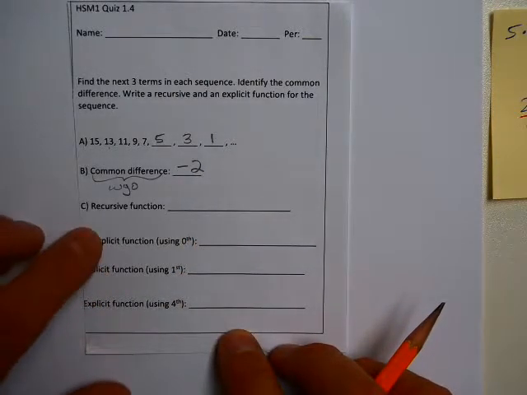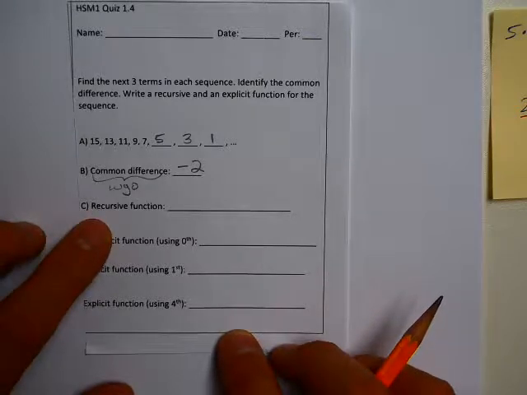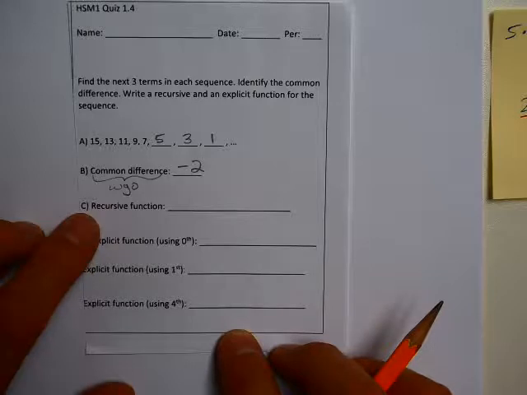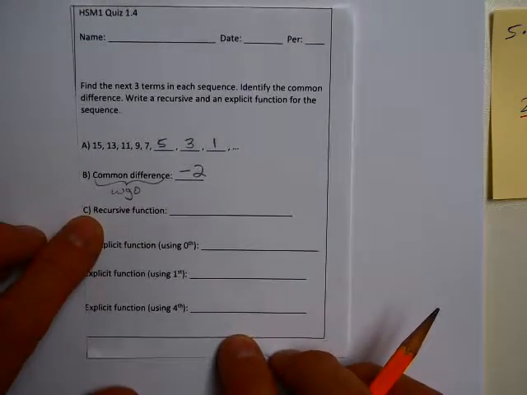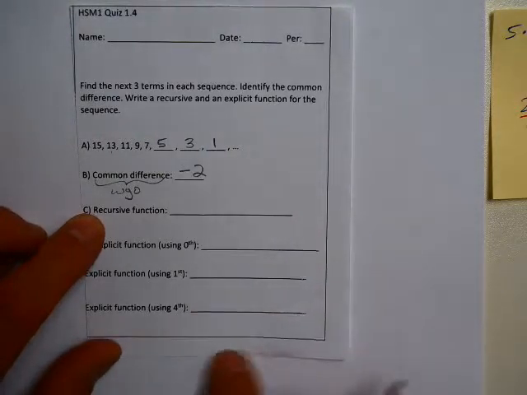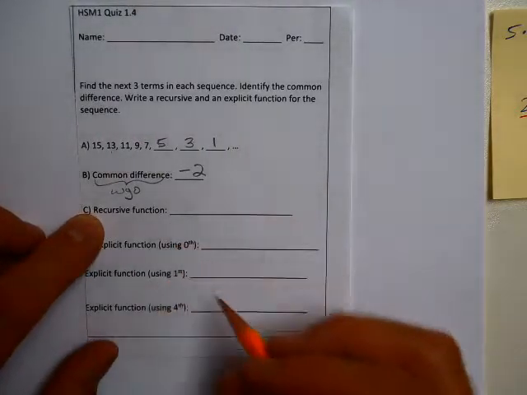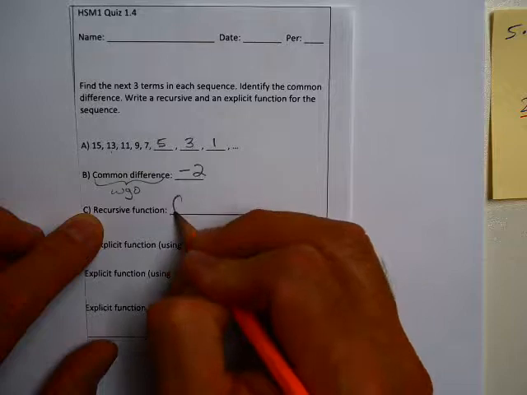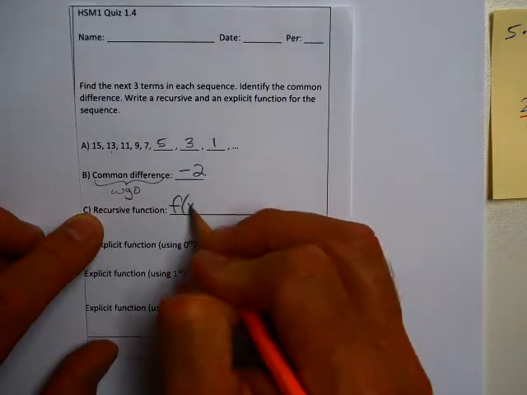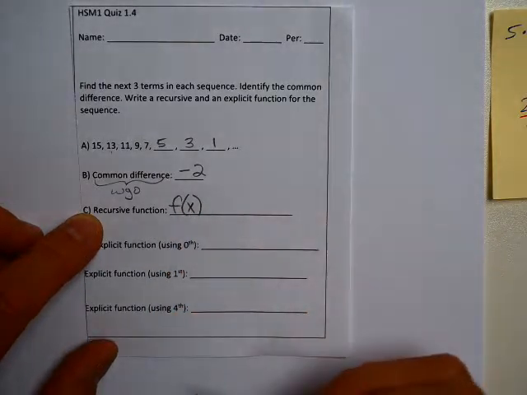Now, the recursive function is something that we didn't learn. If I'm talking to parents, we really didn't learn it in high school or anywhere. It wasn't real common when we were kids. So here's how it works. We say f of x, which is the next term in the sequence,